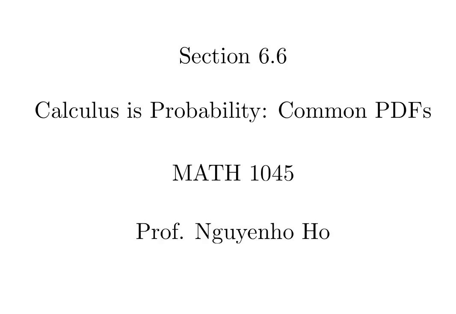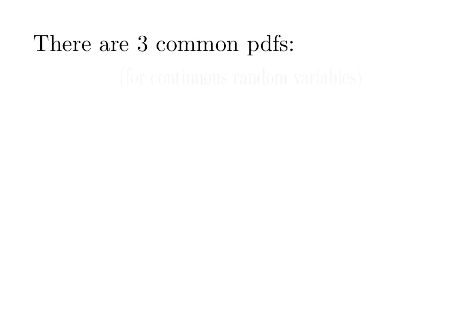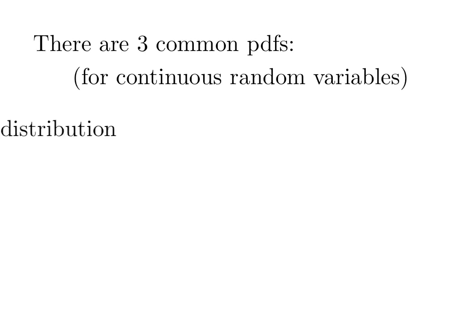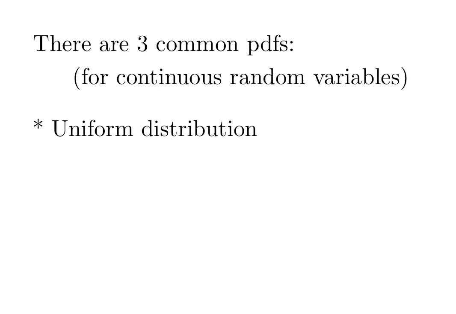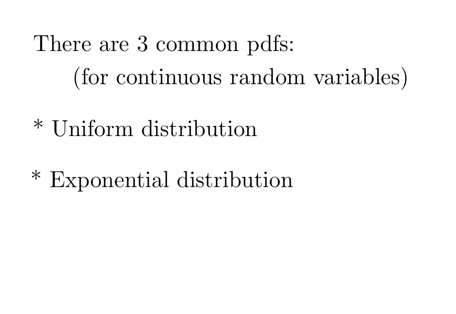Hello everyone, this is the summary for section 6.6 Calculus in Probability. We talk about common PDFs and the cumulative distribution function in this section. There are three common PDFs for continuous random variables. The first one is the uniform distribution, the second type is the exponential distribution, and the last one is the